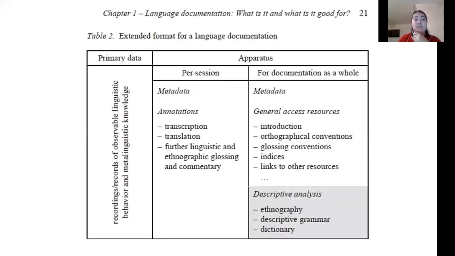So the solution they come up with is an extended format for language documentation. It is the basic format for language documentation, but with a new added section of descriptive analysis. So if before we had a sketch grammar in general access resources, now we have a comprehensive full descriptive grammar and maybe a dictionary even.